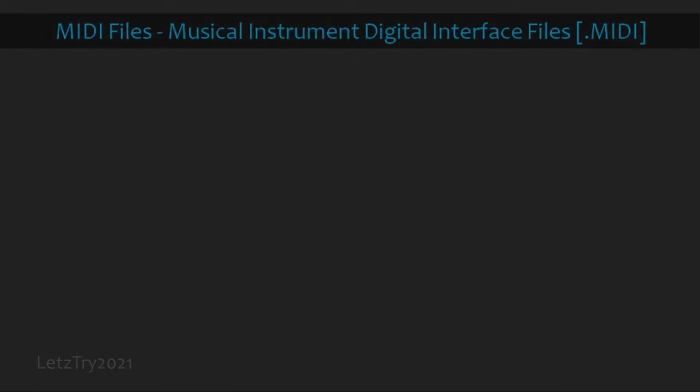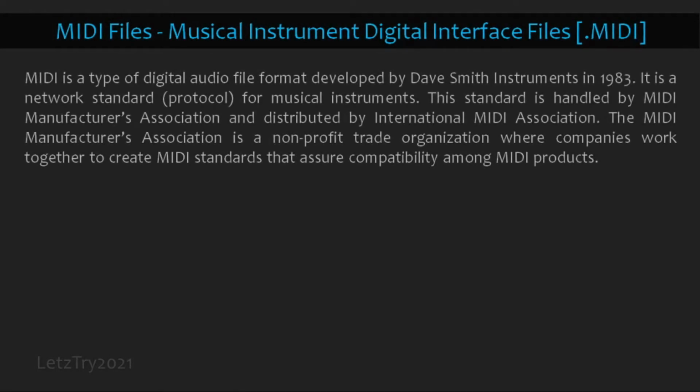The second sound file standard is MIDI files, that is Musical Instrument Digital Interface files. MIDI is a type of digital audio file format developed by Dave Smith Instruments in 1983. It is a network standard or protocol for musical instruments. This standard is handled by the MIDI Manufacturers Association and distributed by the International MIDI Association. The MIDI Manufacturers Association is a non-profit trade organization where companies work together to create MIDI standards that assure compatibility